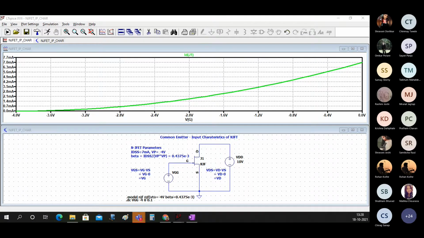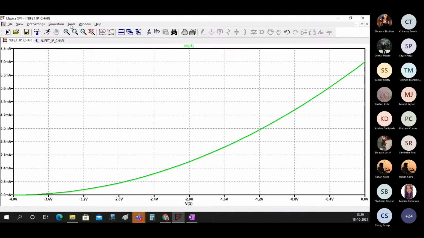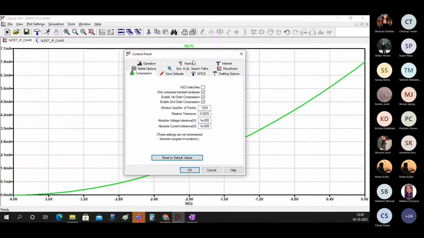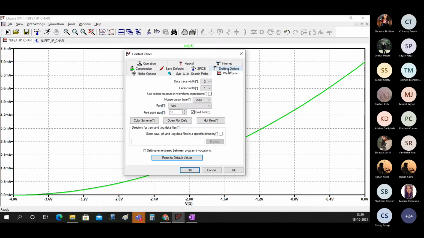Sir, is there any way to increase the width of the line in the graph? Yes, that's what I showed you. So go to the graph, then go to tools, then go to control panel, then go to waveforms.